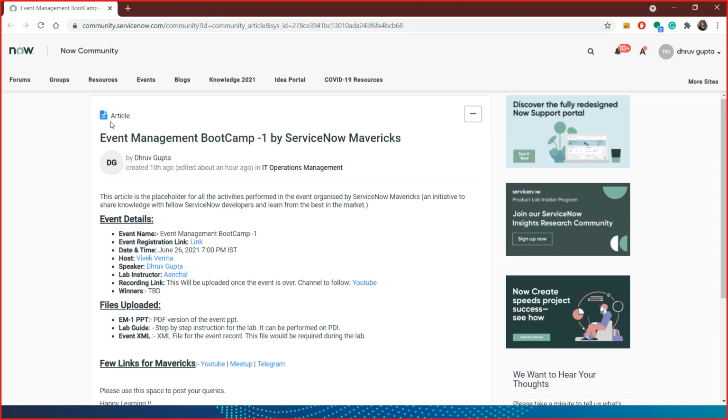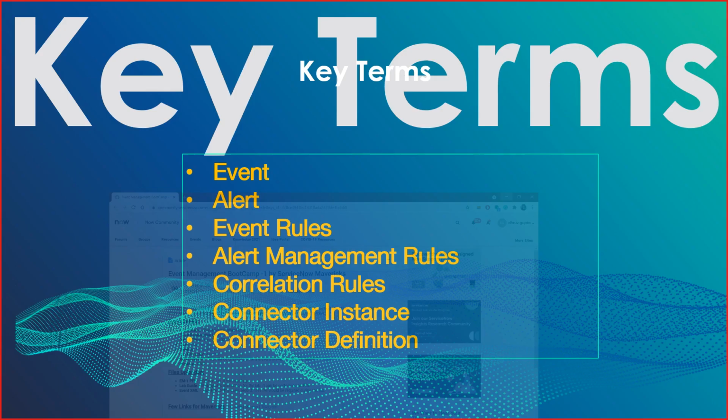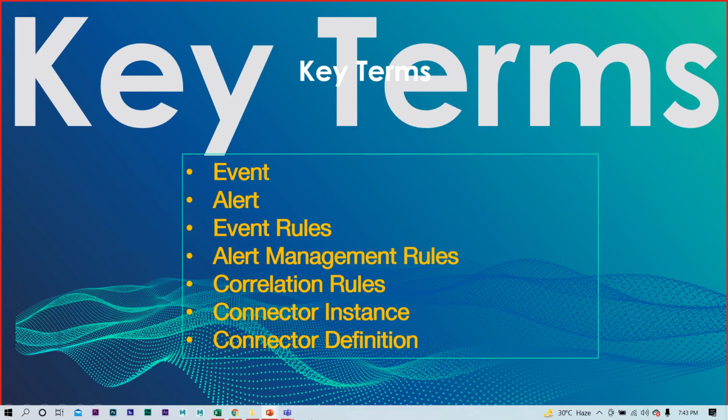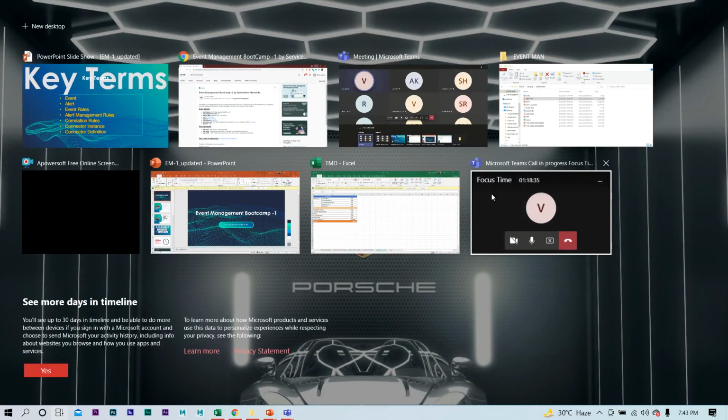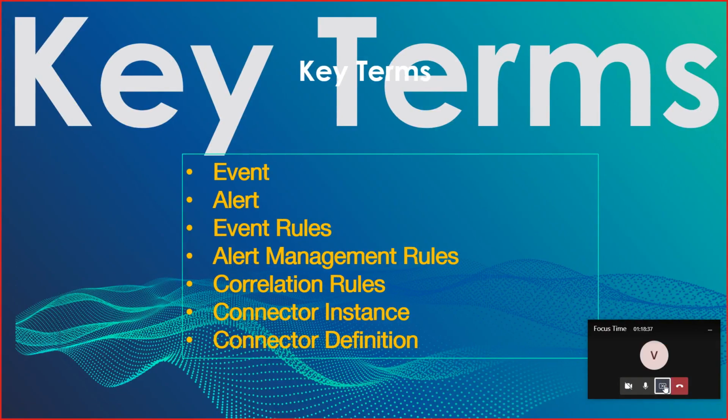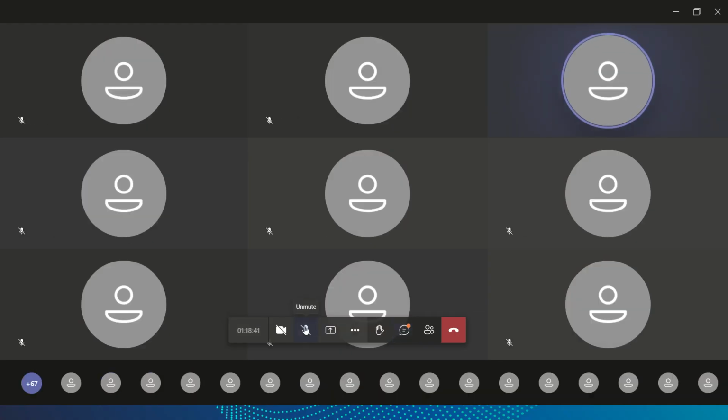This is our actual part. I'm not going to interrupt her. Thank you. So I'll start with the lab. Meanwhile, Vivek can sort out the answers. I'll just share my lab. Hope everyone has logged in to their instances.